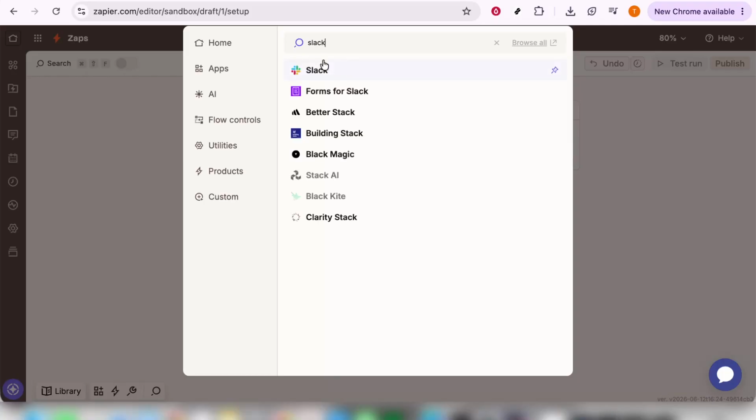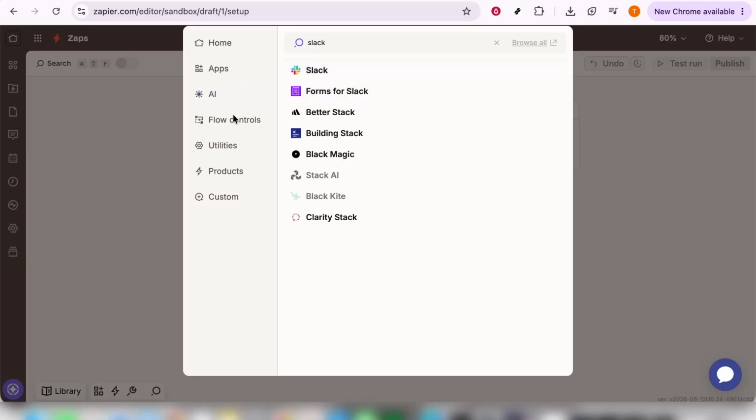Now that you've opened the Zap editor, it's time to add a trigger. Triggers are the events that prompt your automation to start. You'll notice a drop-down menu appearing as you proceed. It offers a wide variety of apps and services to choose from. These range from email platforms to social media accounts and beyond. For instance, you might choose Gmail as a trigger app if you want an automation to start when you receive